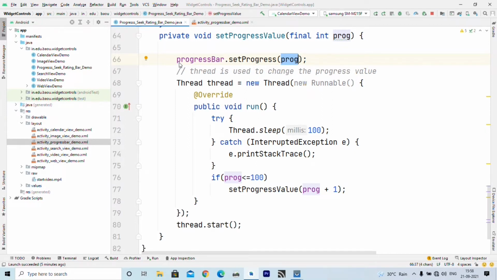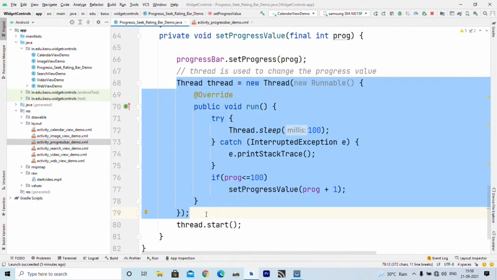Now next what we want to do is, we want to increment this progress bar by 1, and we create an artificial delay of 100 milliseconds between each progress, so that it shows smooth transition from 0 to 100. To perform simultaneous tasks we use thread.